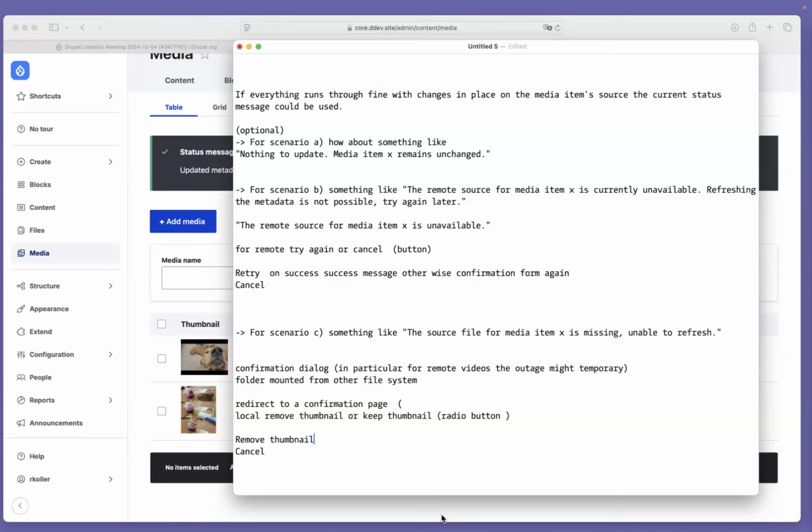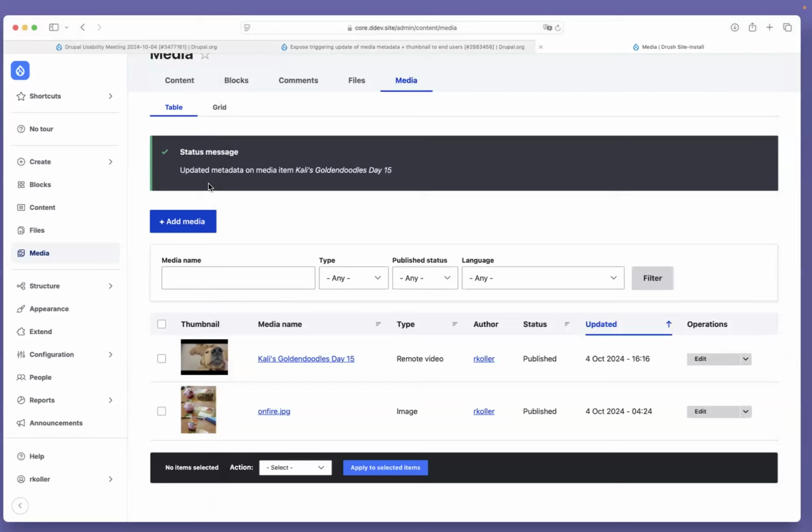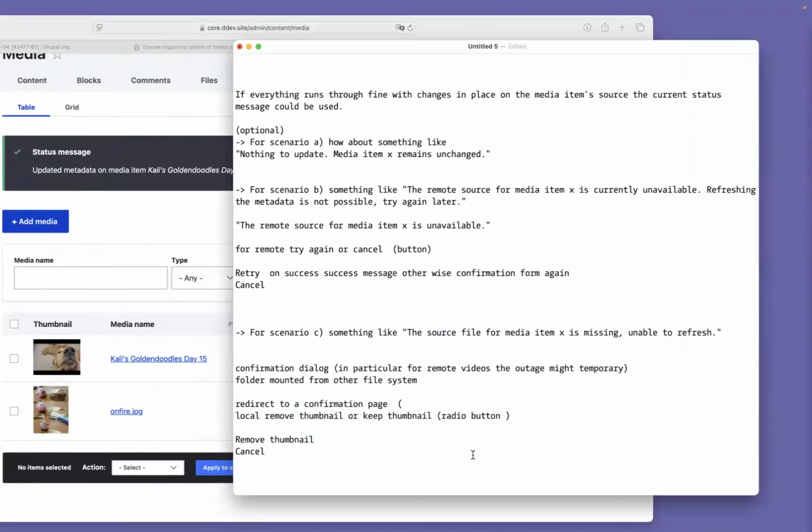Okay, true. Yeah. So basically, for remove thumbnail, thumbnail removed for media item X. That looks fine to me. Without the question mark for sure.